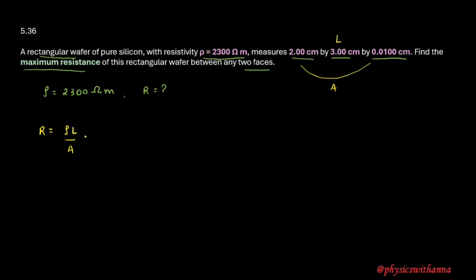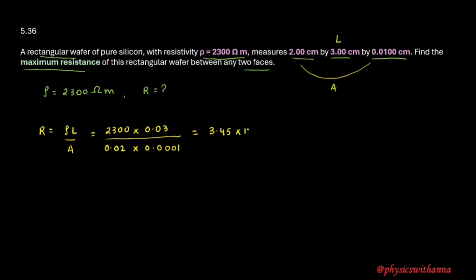So we substitute these to calculate R. We have rho equals 2300. The length is 3 centimeter, which is 0.03 meter, over area, which is by multiplying the other two sides. So we multiply 2 centimeter, which will be 0.02 meter. To convert from centimeter to meter, divide the number by 100. Times the other side, 0.01 centimeter will become 0.0001 meter. And when you solve this, you get the resistance R to be equal to